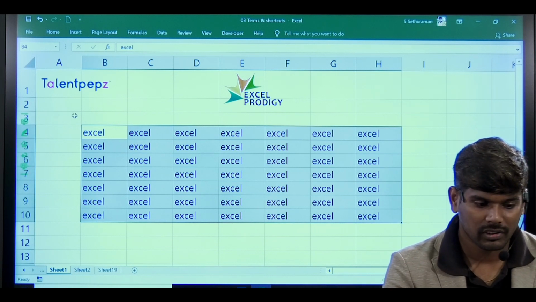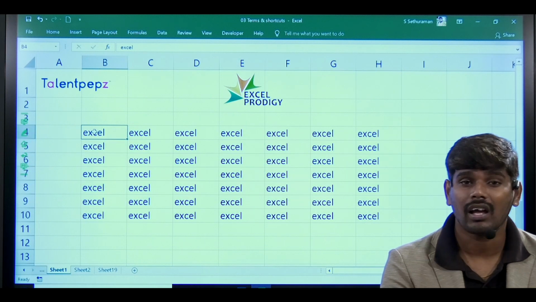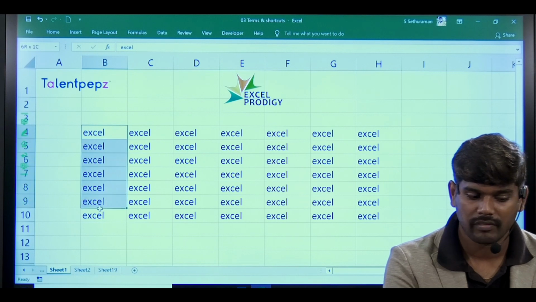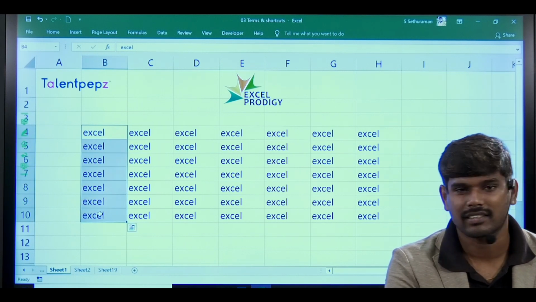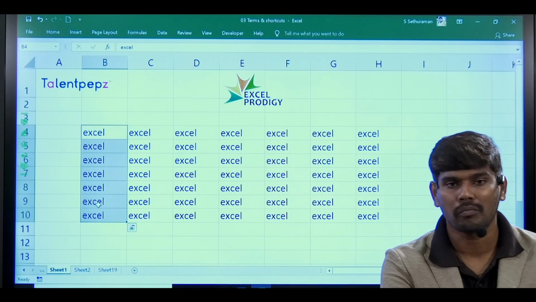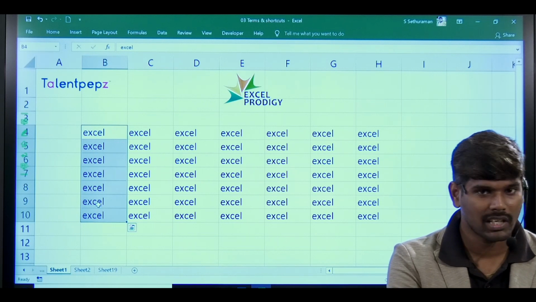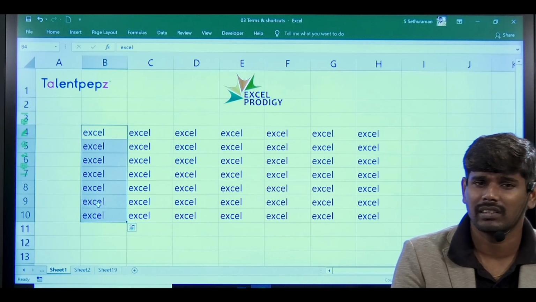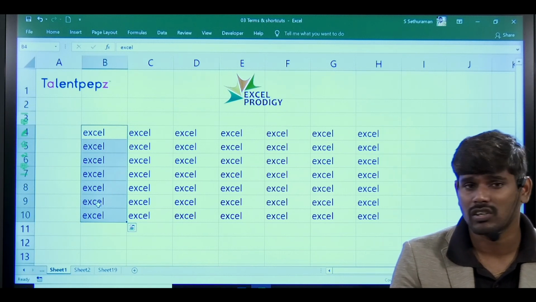So if you have any data in the first cell, then only it will work. If you have any data in the first column, then only it will work. Just try to check that. If you have data in which a formula has to be filled, Control D and Control R are the best procedure. Immediately people will think, I filled down and right, not a problem.